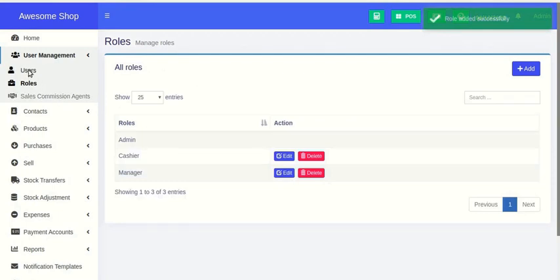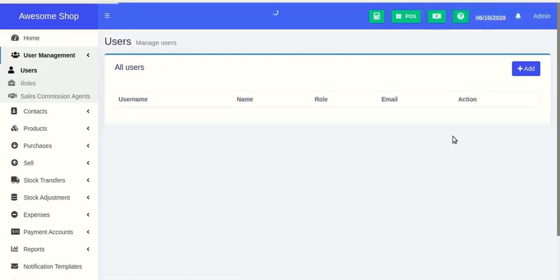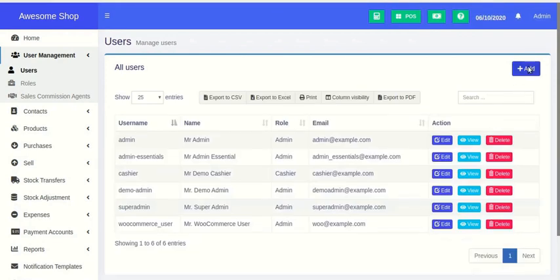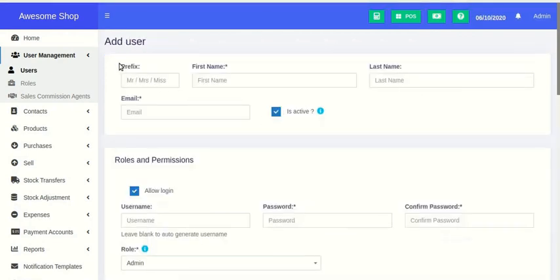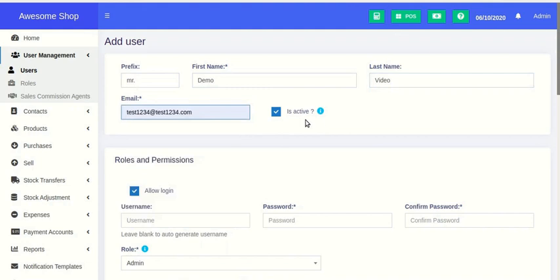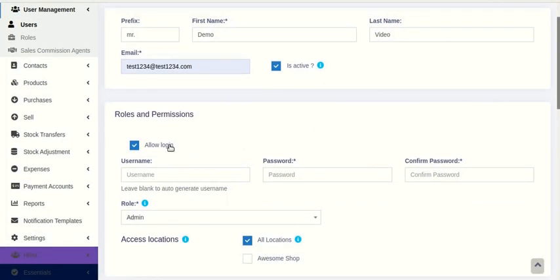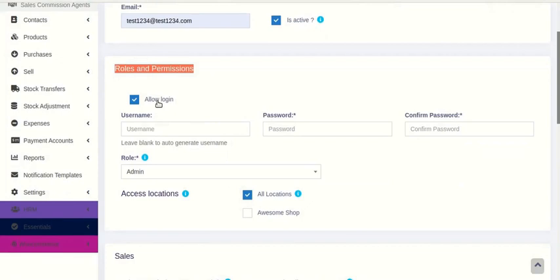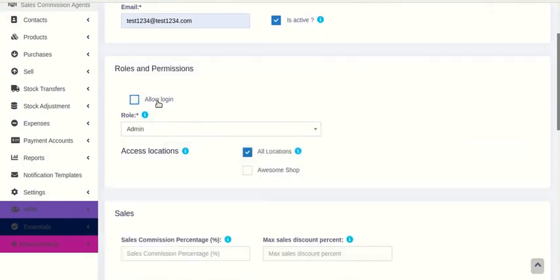we can go to the users menu over here, and in the users menu we can add a new user from here. So to add a new user, you have to first give a prefix, a name and some email address over here. If you want to activate this user, you have to select is active as checked. And in roles and permissions, you can allow or disallow login for this